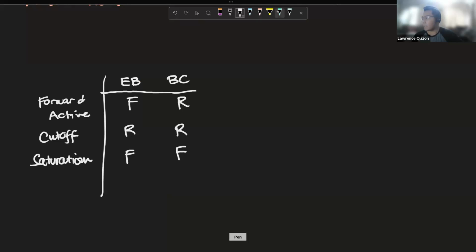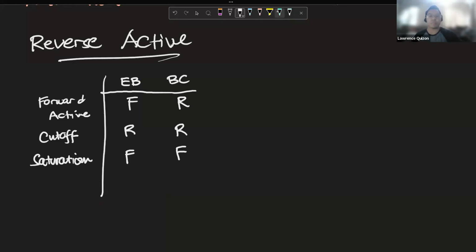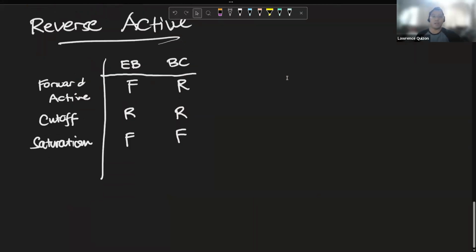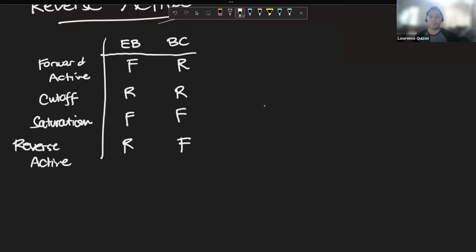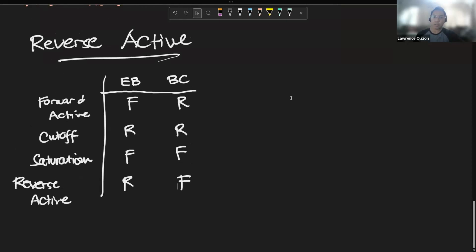Next, we have... okay, so lastly, we have reverse active, right? So for reverse active, it is just the opposite of forward active, no? Essentially,